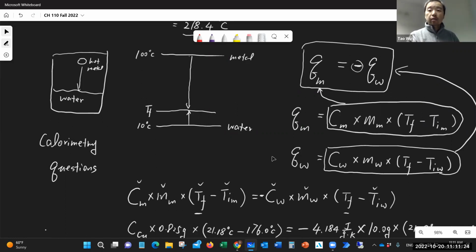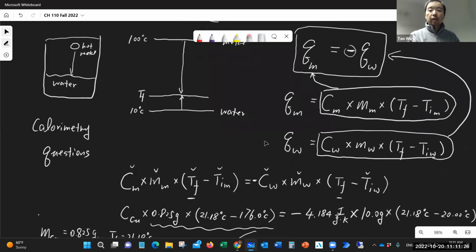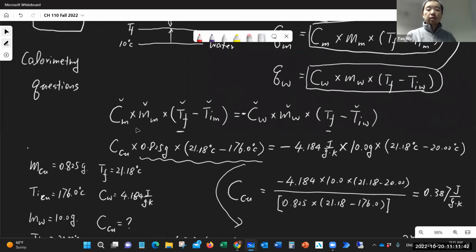So now we know we can rewrite the heat of metal or the heat of water by using the specific heat equation, C times M times final temperature minus initial temperature. Okay, and then we can set up a long equation just like this. And then we can use this long equation to solve some of the case-specific questions, right? And we talked about if the question is going to use this,